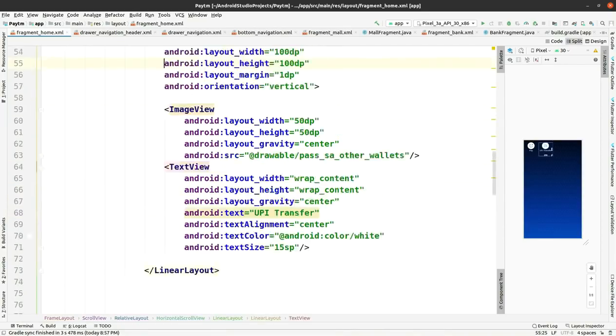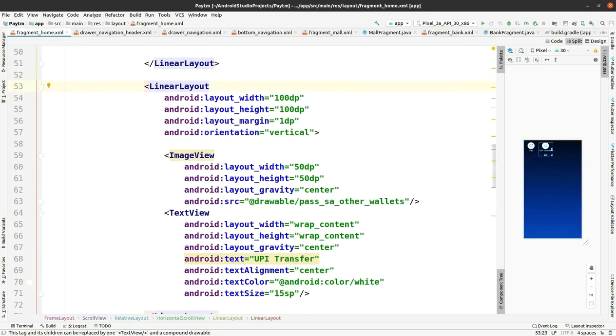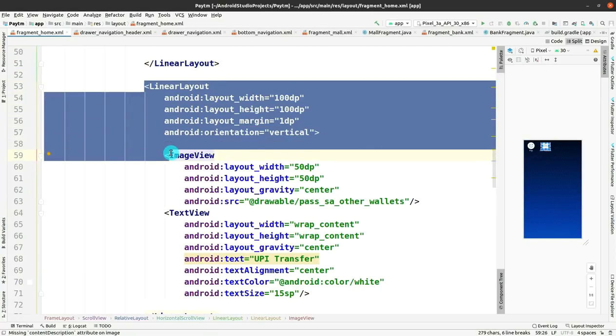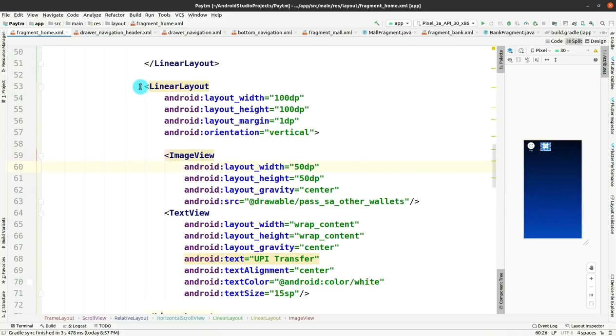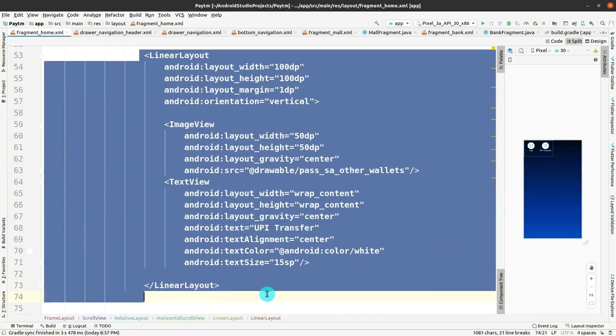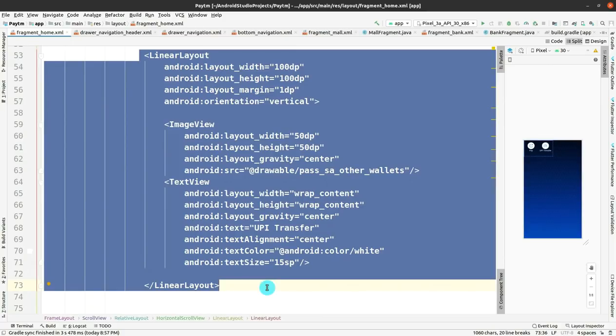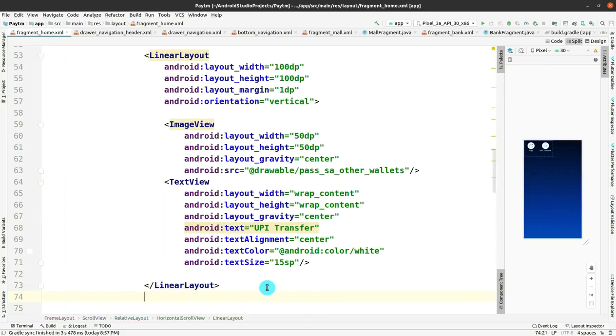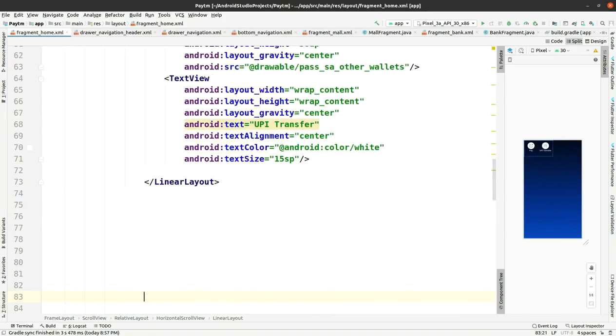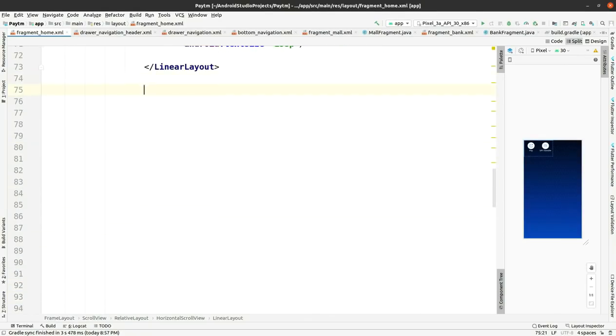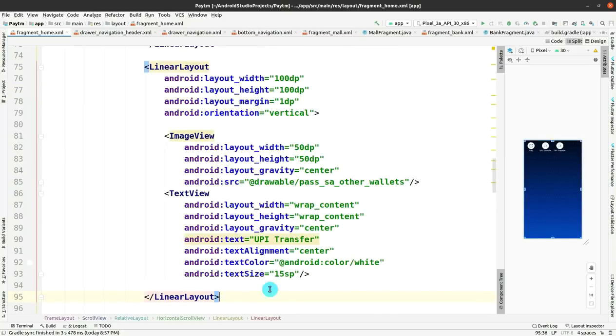So now copy this part of the linear layout, the whole linear layout, you have to copy it, press Ctrl C, copy this linear layout part, and just you have to paste it number of times here. So let me paste it. Yeah, I have pasted. And now you have to change fewer properties, such as you have to change the image view's source as gift voucher and the text view's text as you have to add it as the passbook. Yeah,